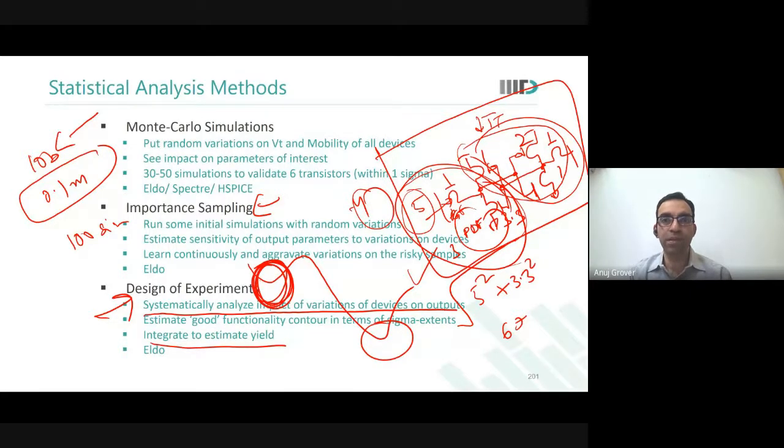Okay, so this brings us to a close of variations and statistics for memories of memory design. We will talk about some redundancy and yield recovery in the next class, because many of you have your projects on repair mechanisms and stuff like that. We will talk about that in the next class. We'll also take up a case study or 2 of memory architecture, and then we have our mid-semester next week.